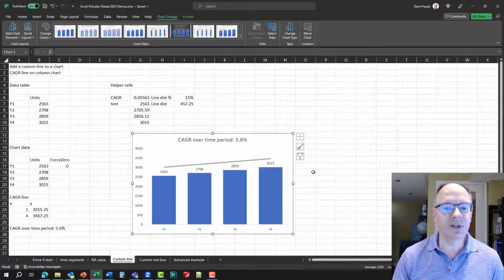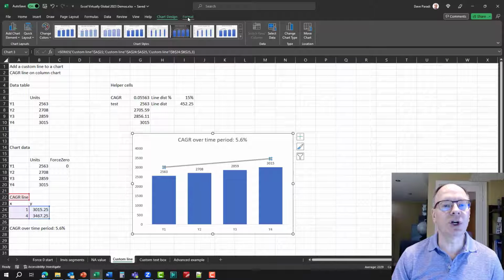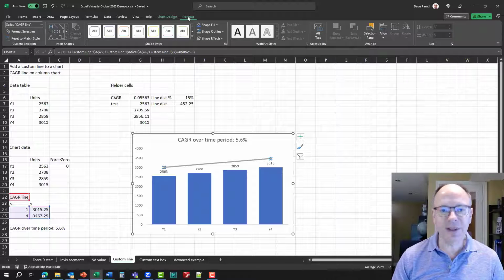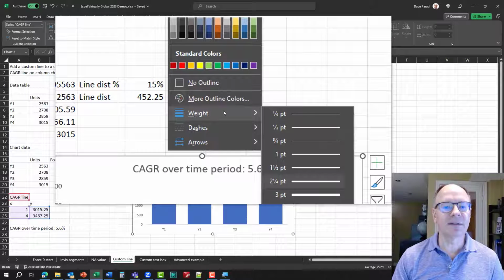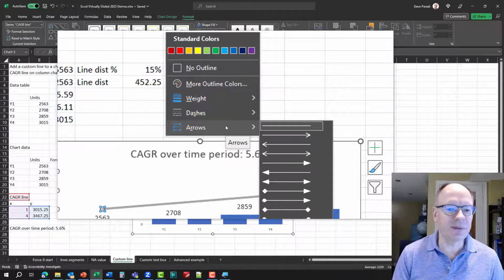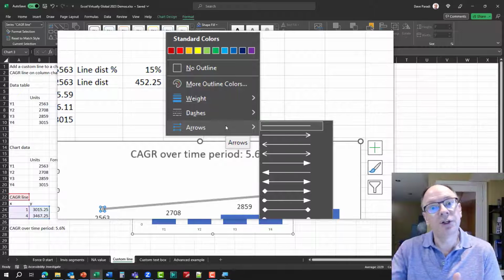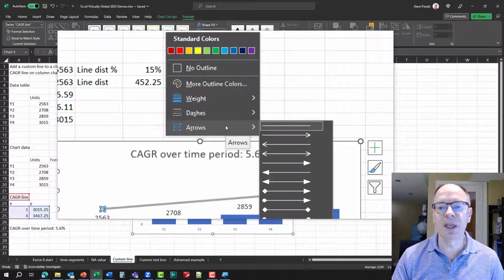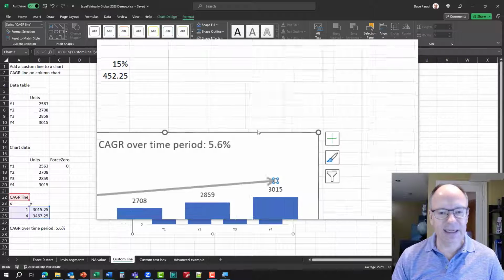And the last thing I want to do to this is just add the arrowhead. Because this is a line, just like any other line, when I select it, I can go to the chart format ribbon, and in the shape outline, it allows me to select weight, dashes, and arrows. Now I don't want to change the weight. I think it's okay. I don't want it to be dashed, although you could change that if you want. But it does allow you to select the arrow. So if I want to give it direction, because again, it is from year 1 to year 4, so I want to indicate that direction with an arrow, I can select this arrow here, this style, and it adds that